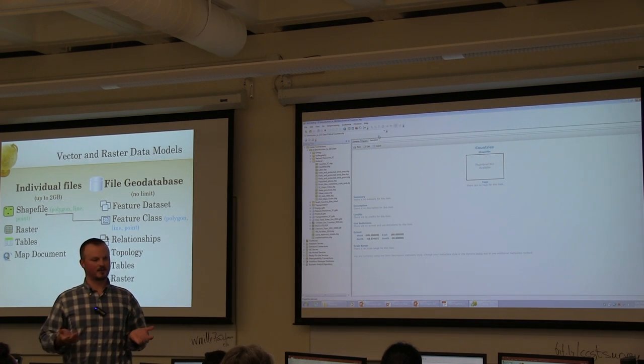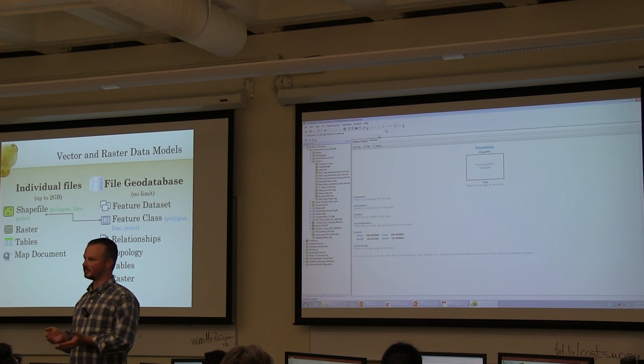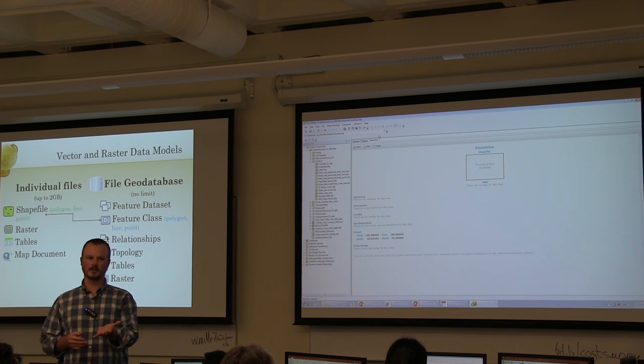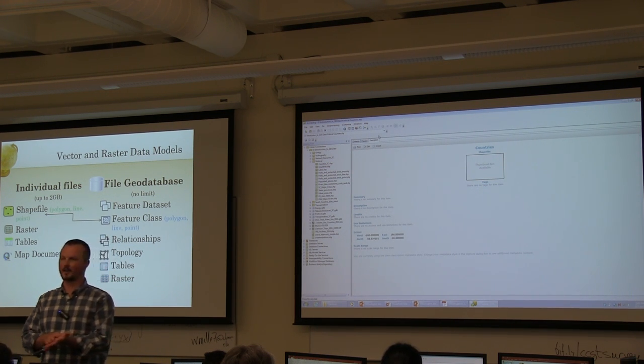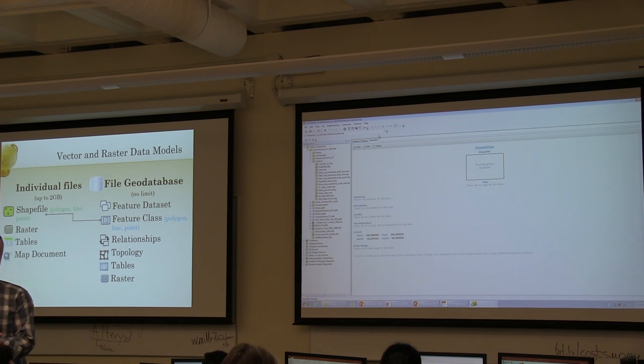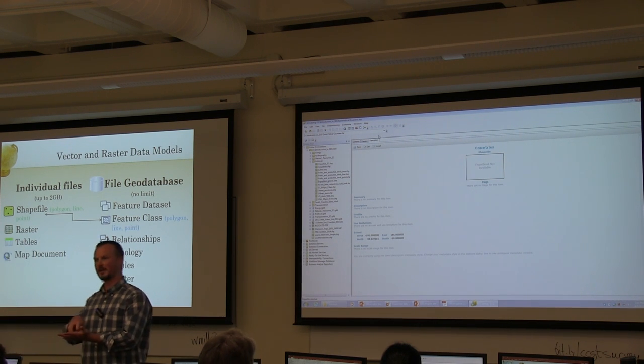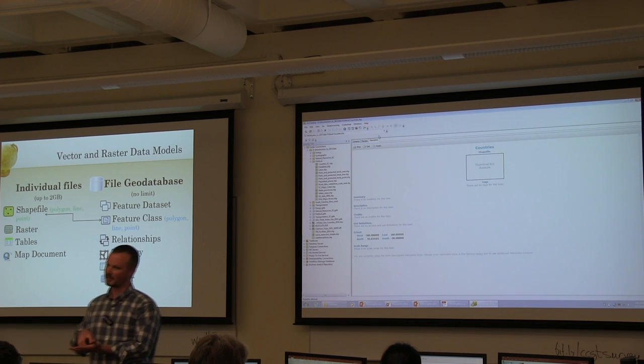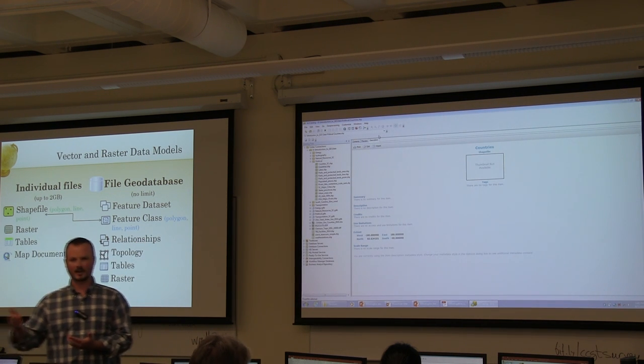So that way, if I go and download something, maybe points, LiDAR especially, that I've been working with, you want to know if they've been thinned or had processing done on them or altered